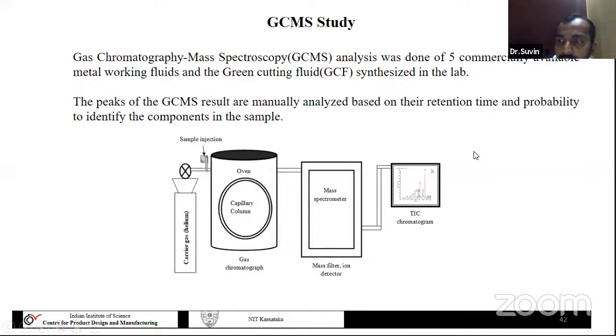Now again, we found that there are toxic components. We didn't get any solid proof, but qualitatively we can tell there are toxic components present there. But quantitatively, how will we tell whether it is toxic or not? So we need to have some analytical method. So we used GCMS, that is known as gas chromatography mass spectroscopy. All the samples we took to this test. This test is done to see what are the